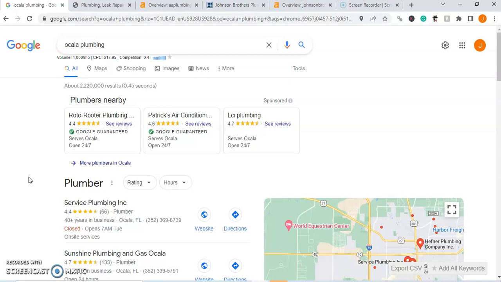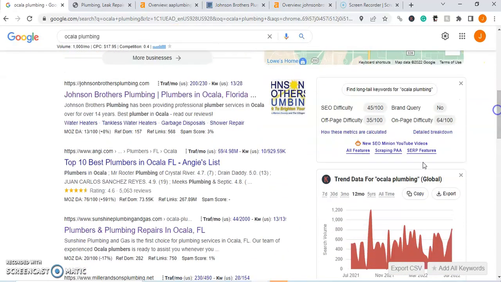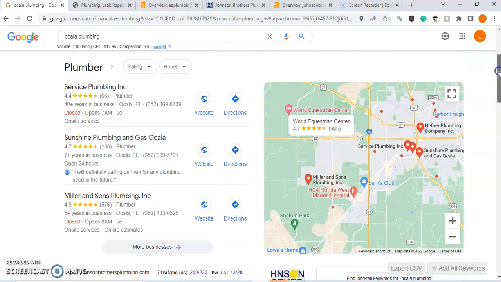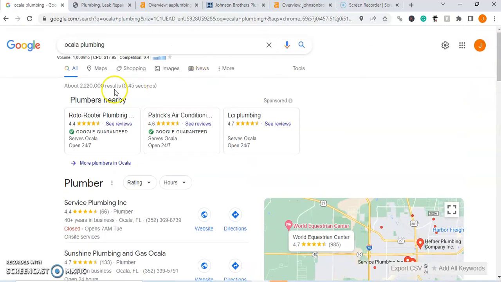And if you're like me and many others, chances are you go on Google, type in whatever service or industry you're looking for in the upper search bar, along with your city name. And after doing that, you're going to scroll down and pick from the first few results down below or up here in the Google Map pack. Now, it doesn't seem to really matter which one you do, but it seems to be a pretty popular option to find Google or to use Google to find services, as there's about 1,000 searches every single month for plumbing